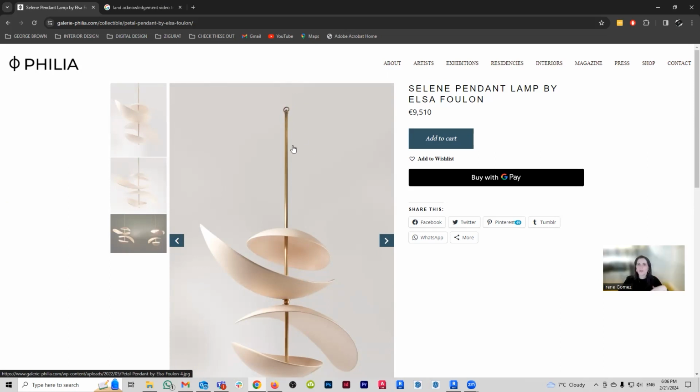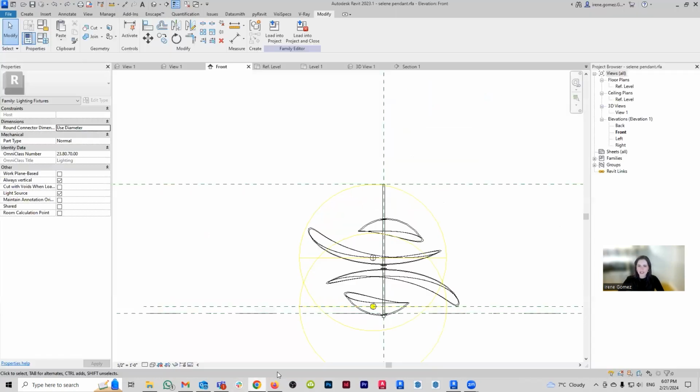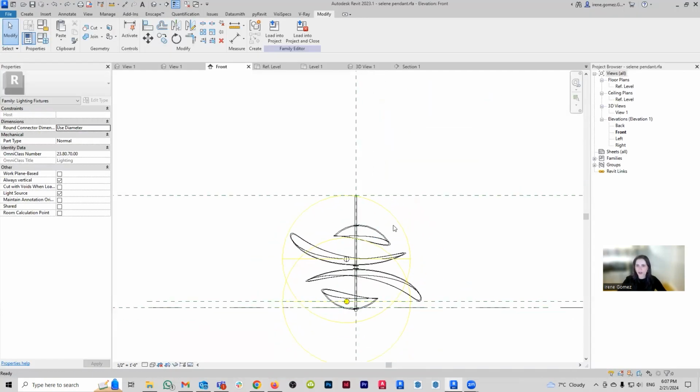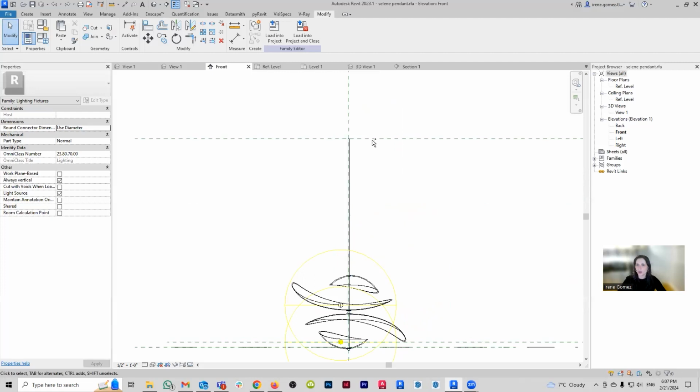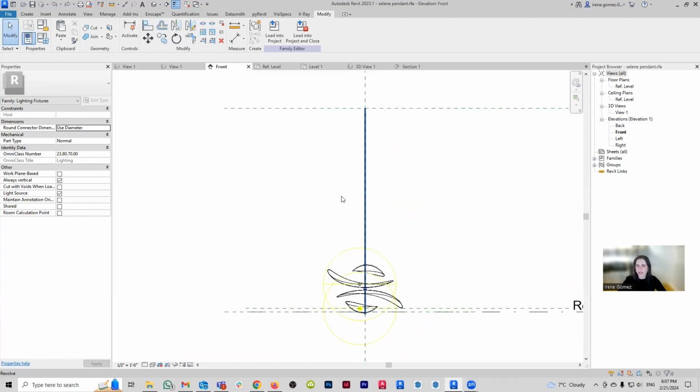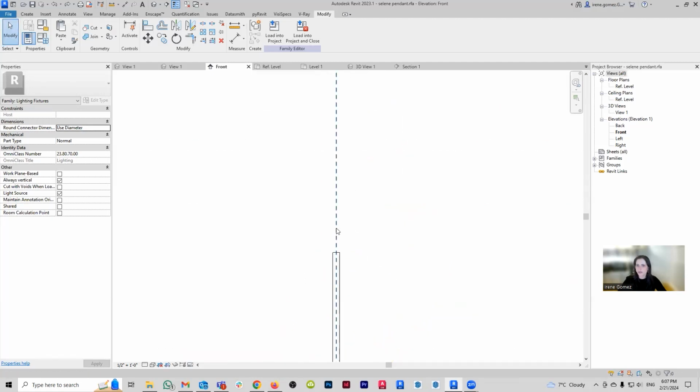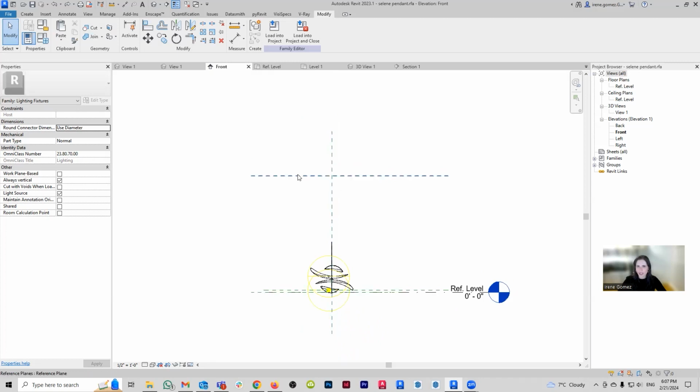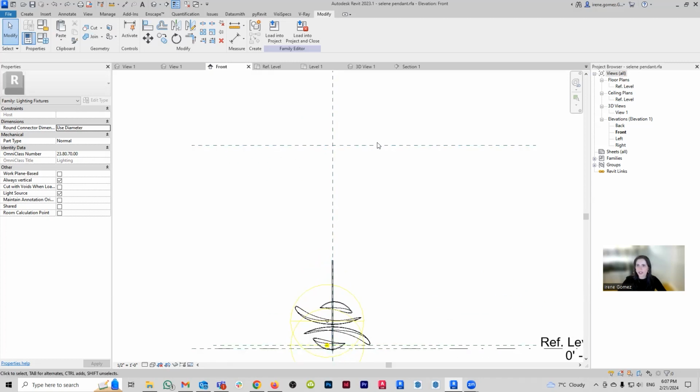So what I'm going to do here is create a second element, which is going to be an extrusion that goes from the end of the pipe to my ceiling. So let's take a look at how that would come along. I'm going to undo. Again, I want to undo all of this because I don't want to have that reference plane attached to my geometry. There you go. Okay, so what I'm going to do here, I'm still going to keep this guy.